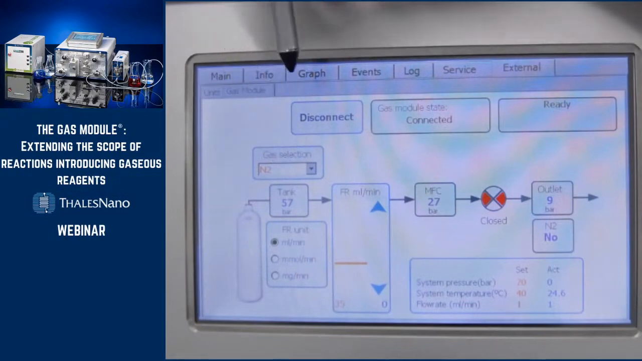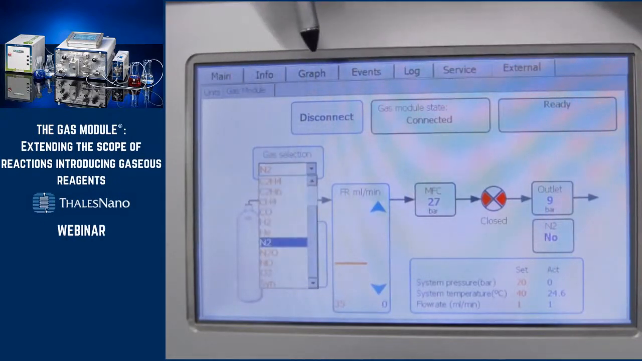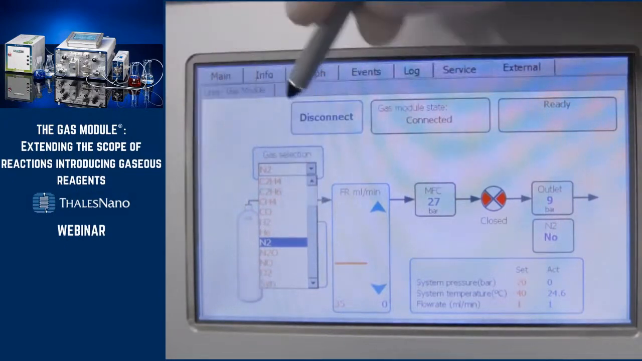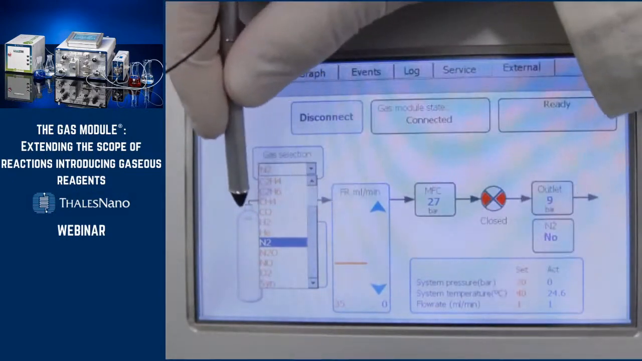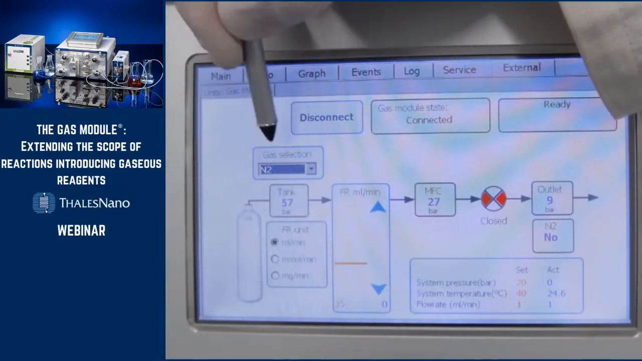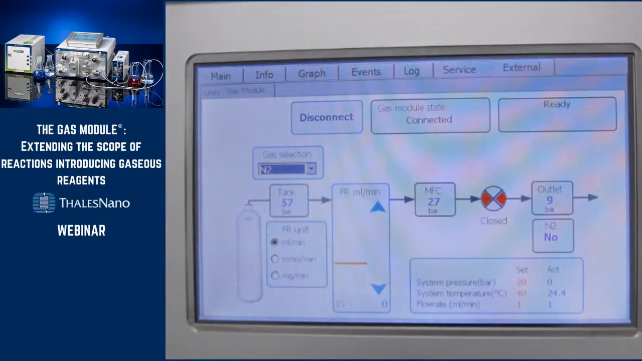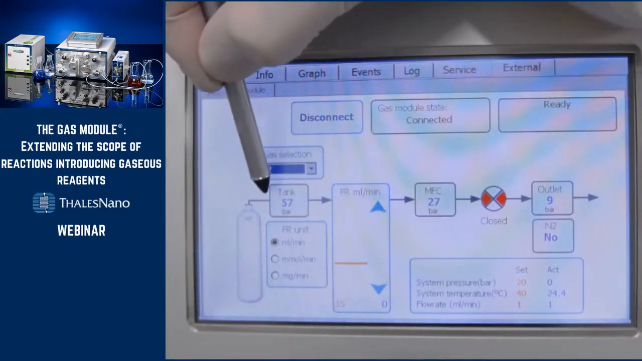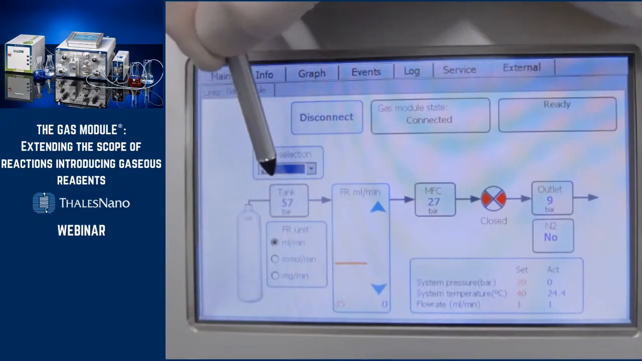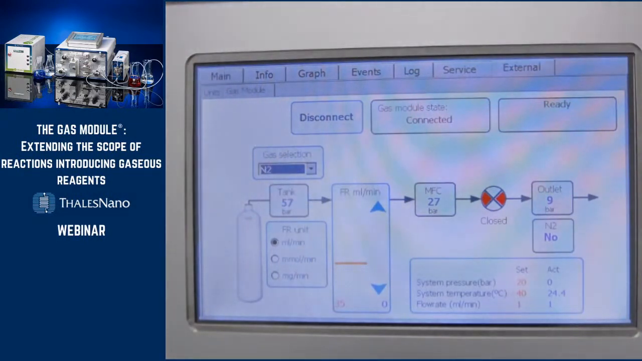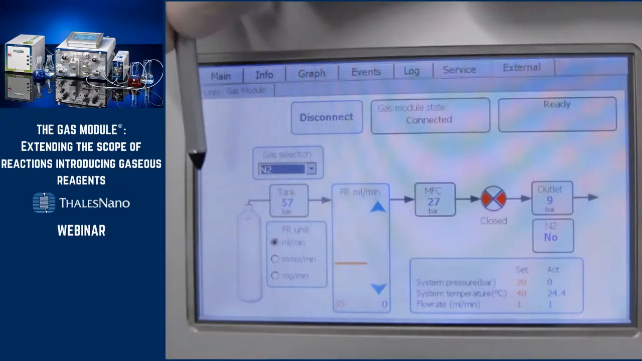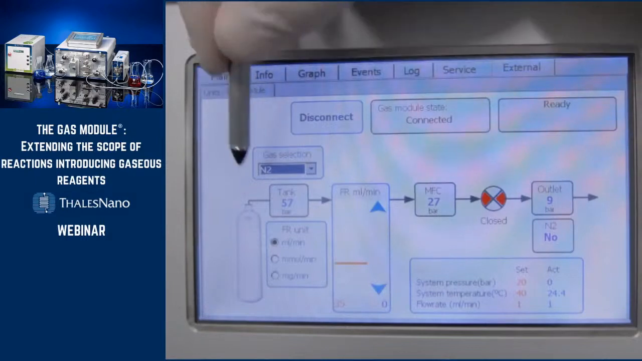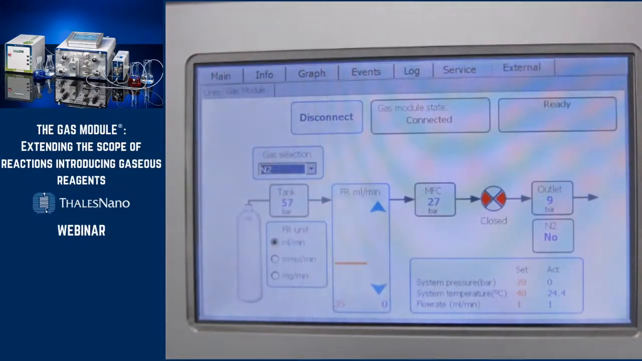First, you have the gas selection, which allows you to choose from about 13 gases. There's a list. For us right now, it's just nitrogen. Then you have different information. You can recognize the cylinder here, and the pressure that is detected in the cylinder. So don't forget to open the valve of the reducer at the cylinder, and it will show the pressure